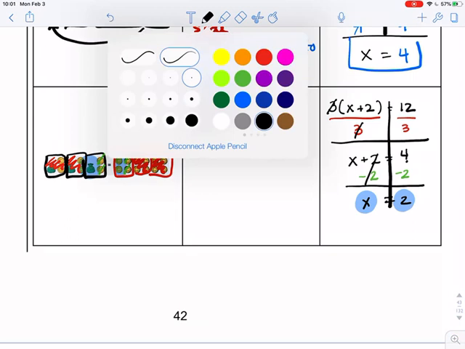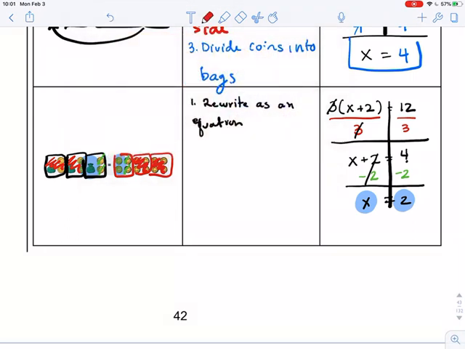Okay, now we have to keep up with what's going on here. I divided each side by 3. Now I did that because I could. If this number here, 12, was not divisible by 3, then I probably wouldn't do that. I have to make sure that I can divide by 3 on each side. Okay. After that, we crossed out